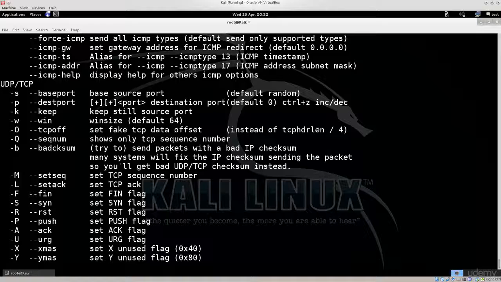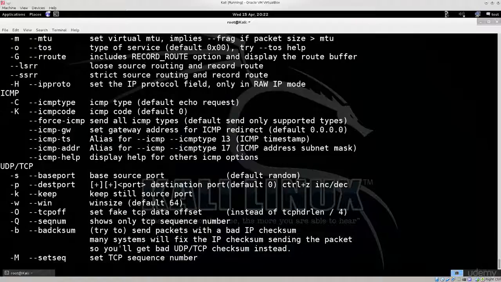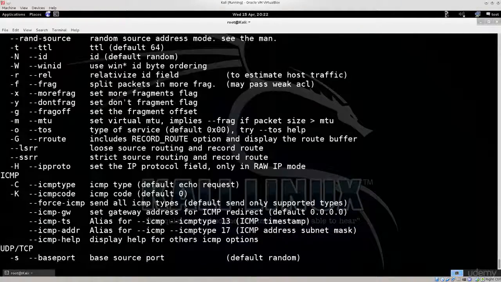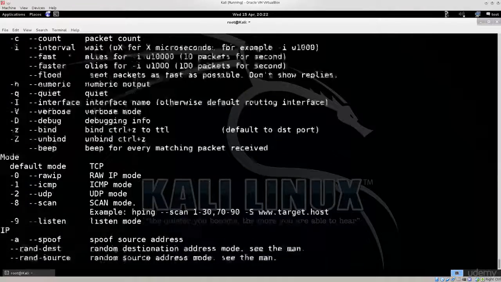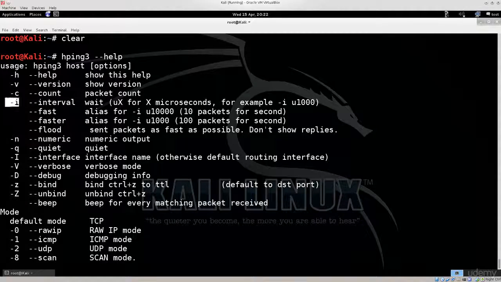Anyway, as I said, we are going to flood it with syn flags. This is going to be a syn flood. We're going to pass a syn flag there, and up here we have the interval somewhere. Let me just see where it is. Excellent. So it's -i for interval. This is the format: you type in -i, then u, and then the amount of microseconds for that interval. How long will that interval be? If it can be shorter, of course, sure, put it. See what